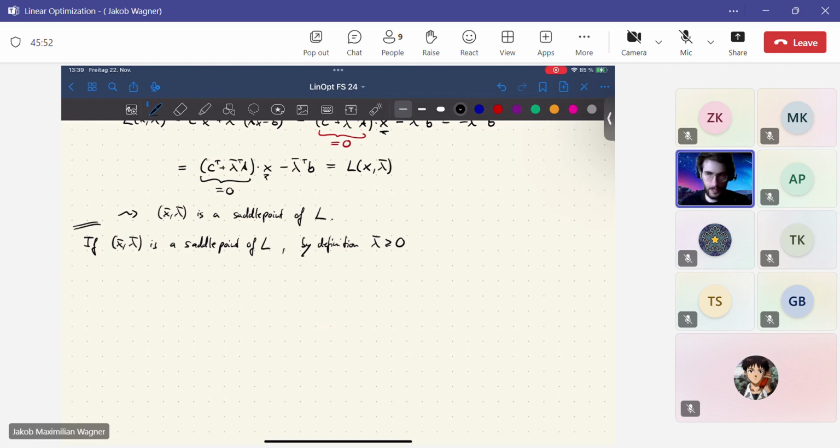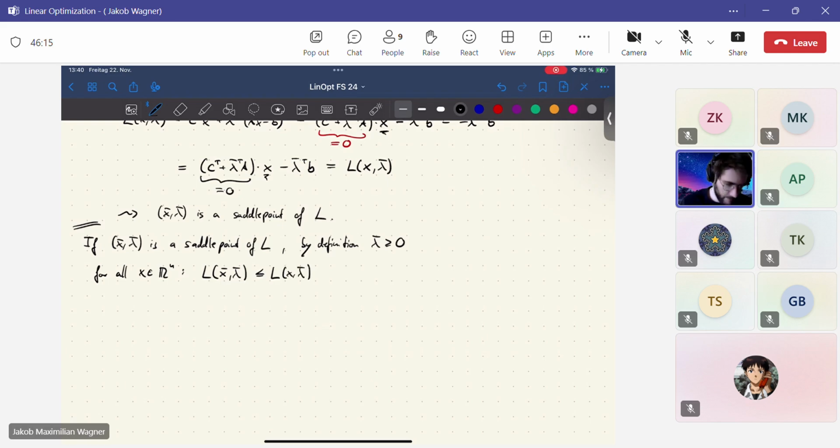And then if we have the KKT conditions, we know that the point x bar is optimal. So we have that for all arbitrary x in Rn, L of x bar, lambda bar is less or equal than L of x and lambda bar,